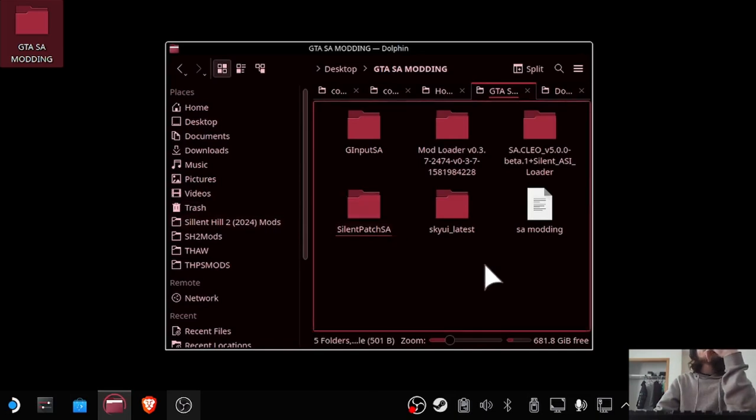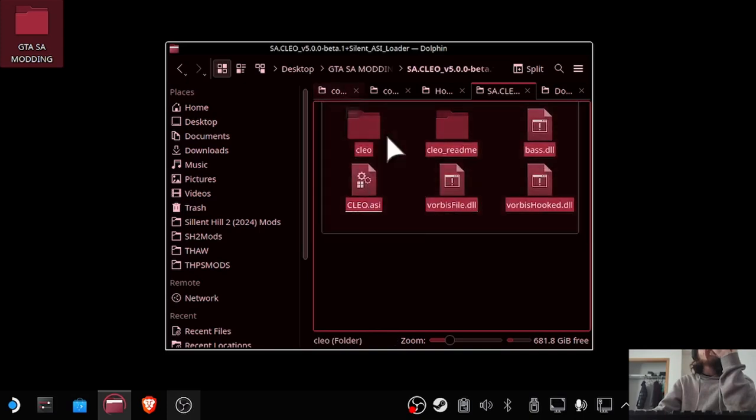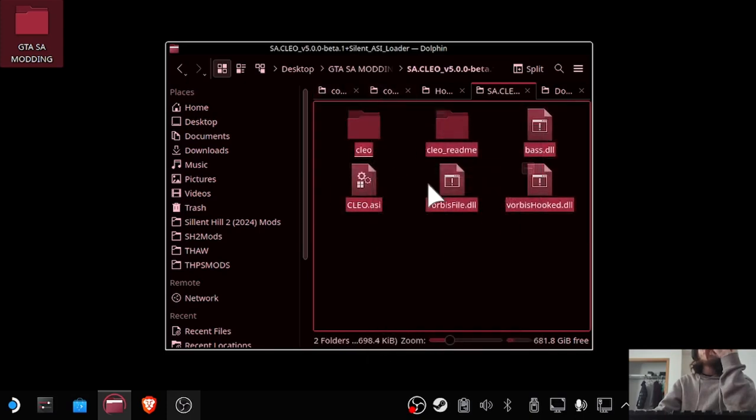Welcome to step 2 of the process of setting up Grand Theft Auto San Andreas. In the previous step, we downgraded to the 1.0 version so we can actually mod it. Now what we are going to do is actually proceed in modding the game. So first thing what we're going to do is we're going to download San Andreas Cleo with the silent ASI loader. So we copy all of this